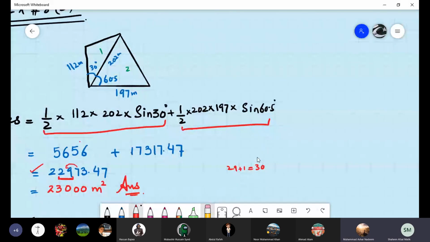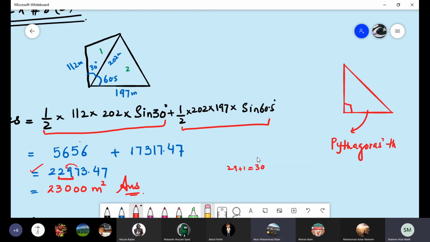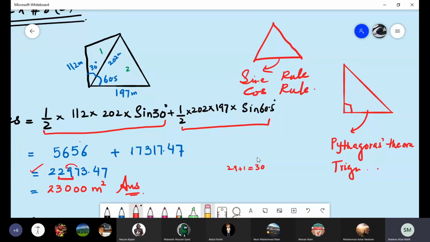So, what is the sine rule? Just remember two things. When we have a right angle triangle, as I explained before also, we have two ways to solve it. One is Pythagoras theorem, and the second one is, yes, what's the second one? Trigonometric ratios. Yes, very good. And when we have a not right angle triangle, any other triangle like equilateral or isosceles, then we use the sine rule and the cos rule also.